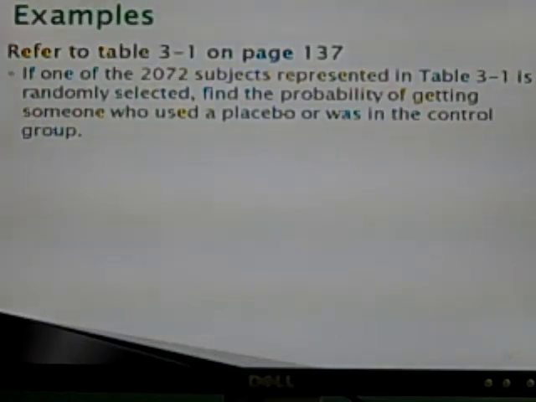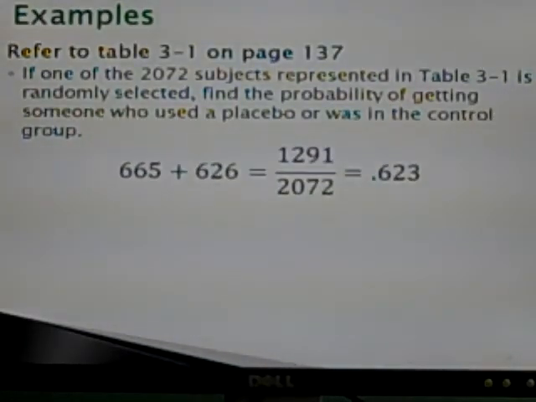So we first need to figure out if these events are mutually exclusive or not. Well, if we think about what we already know about how we conduct experiments, we know that if you're in the placebo group, you can't be in the control group. So these are mutually exclusive, which means I don't need to subtract the people that are in both of these groups. So if you look on your chart, you will find that there are 665 people that were placed in the placebo group,